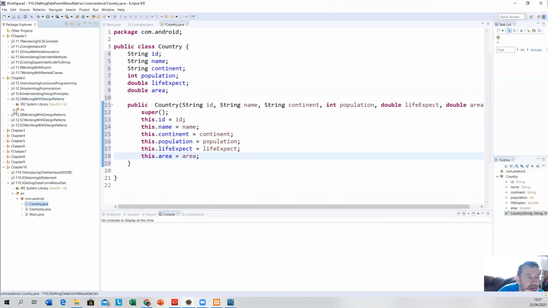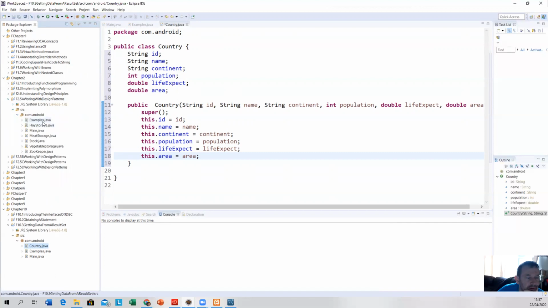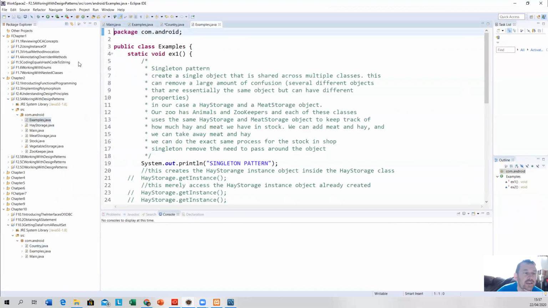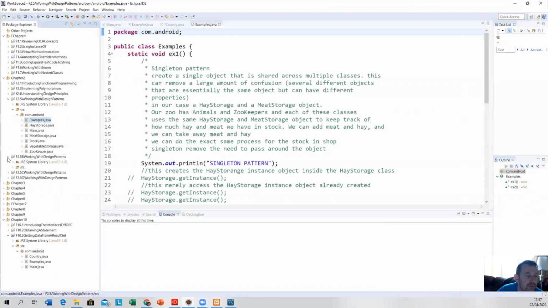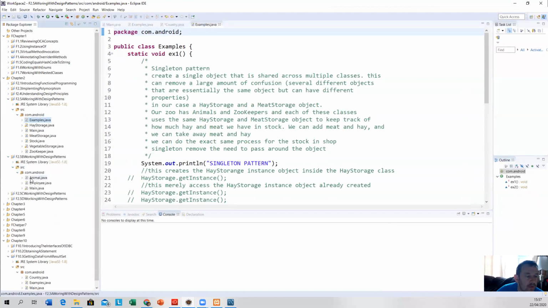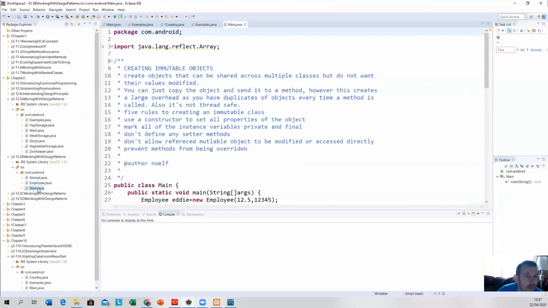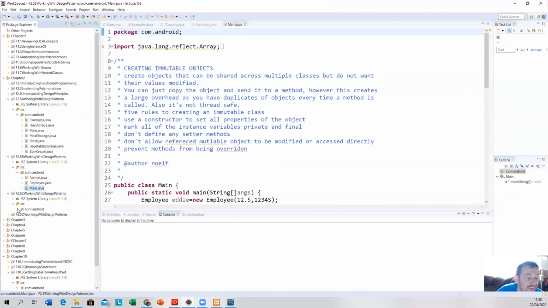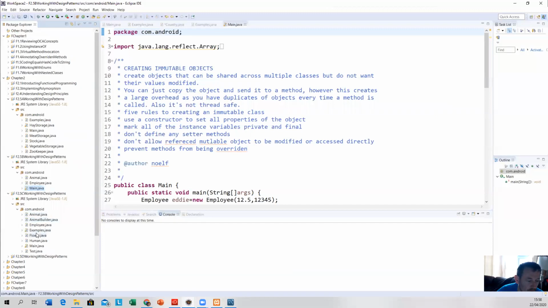Let me just see. That's a singleton. So 2.5b, immutable. Then 2.5c is the builder pattern. Okay, so